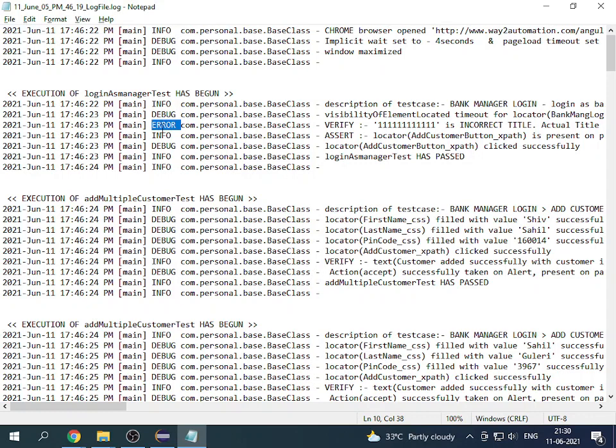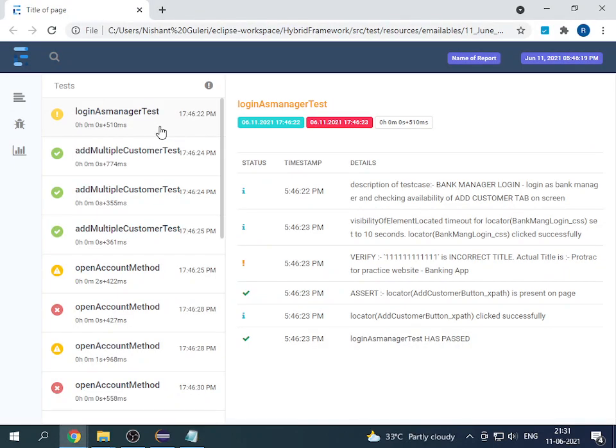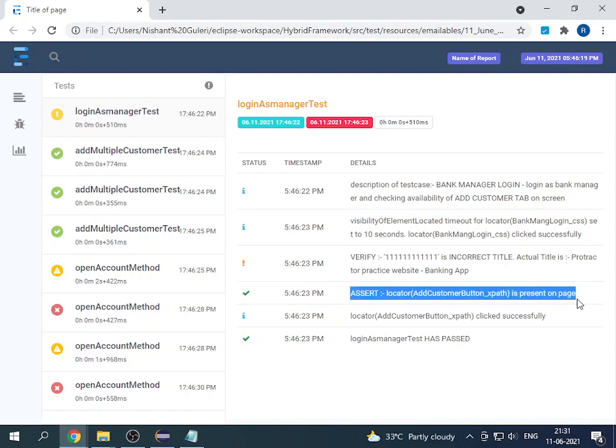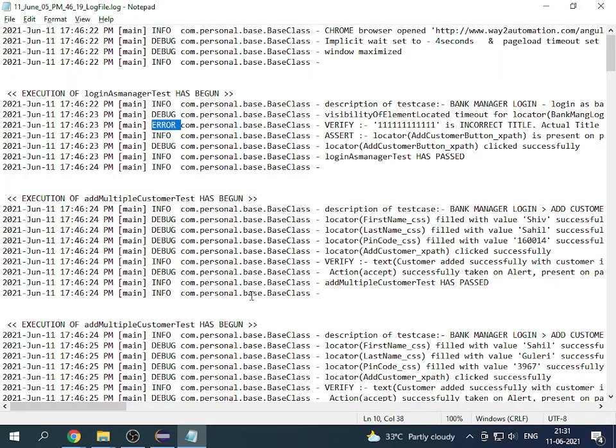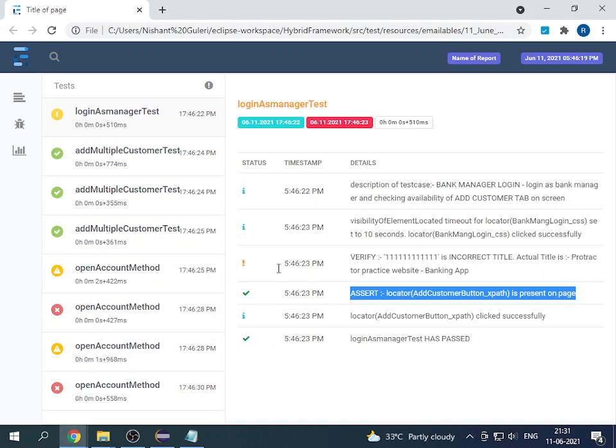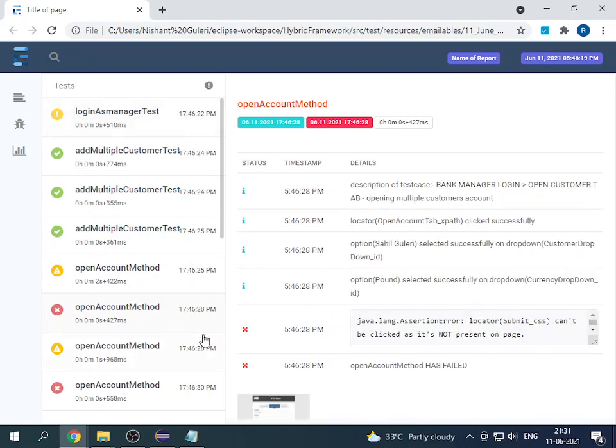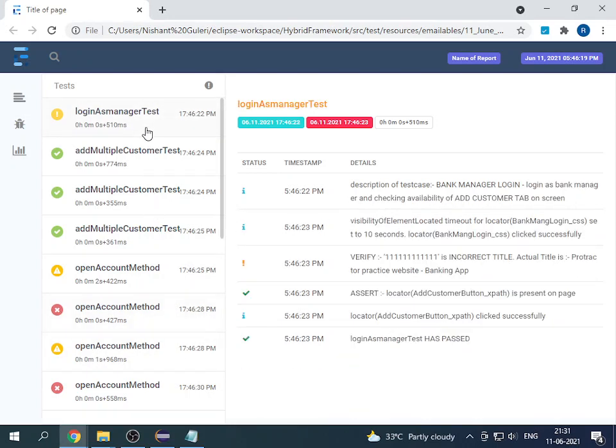I can make changes and change it to a warning, but right now I'm not going to do anything, because I need someone to look at my code and tell me what has gone wrong. Anyways, for assert, if any assert has gone correctly, there will be a little tick mark over here. If this has gone incorrectly, then it is giving a warning message.